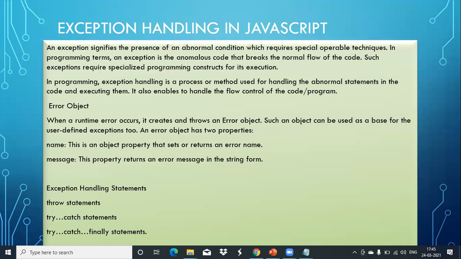So better to keep that code inside the try block. If anything happens inside the try block, we can handle it using catch. Inside the catch, it is always error handling statements: what we should show to the user if anything happened in the try block.